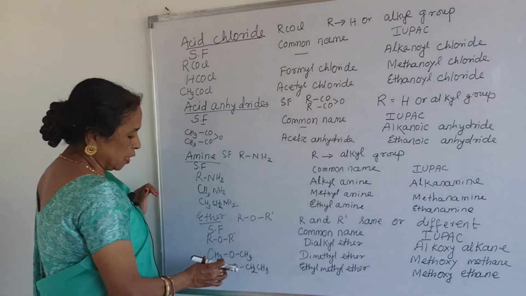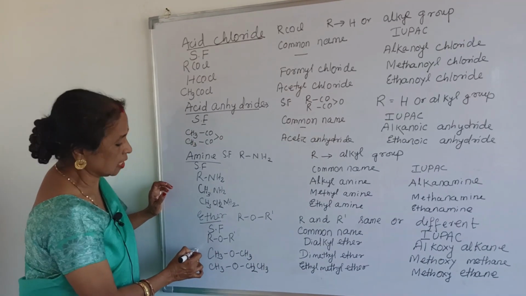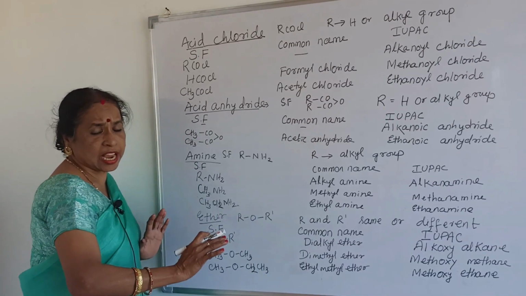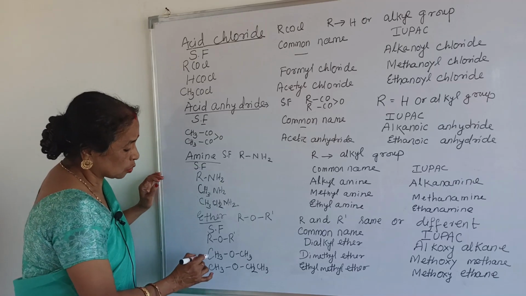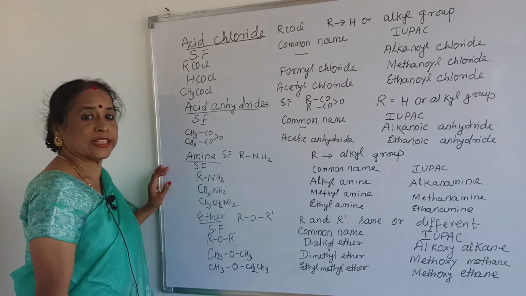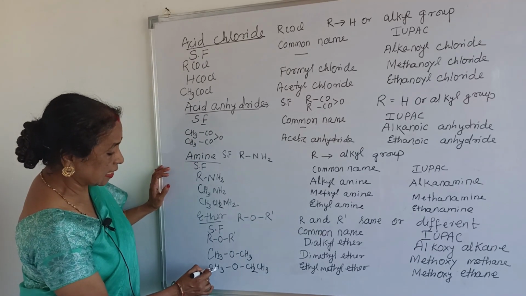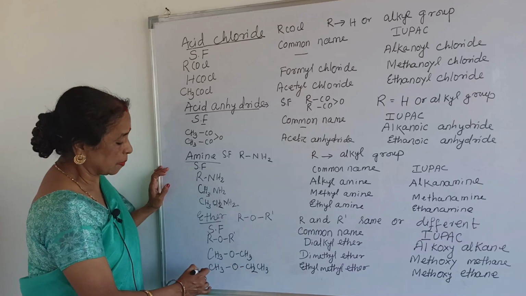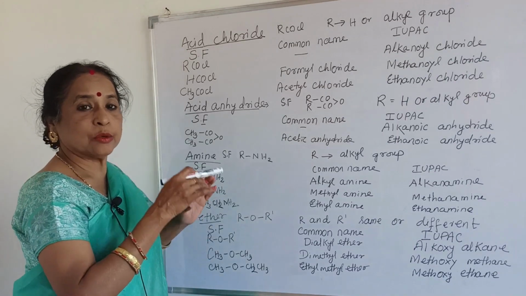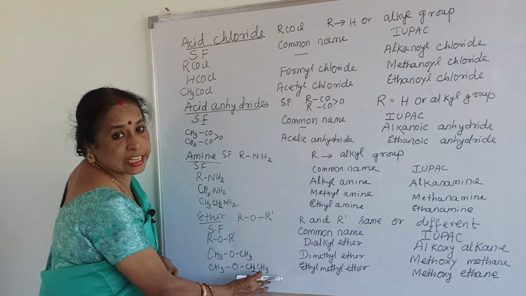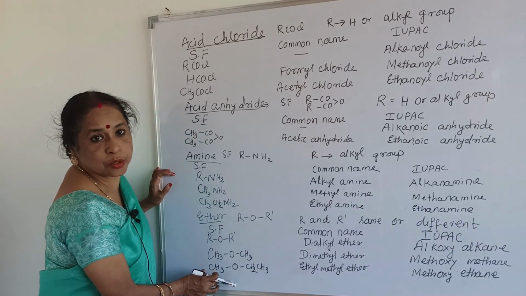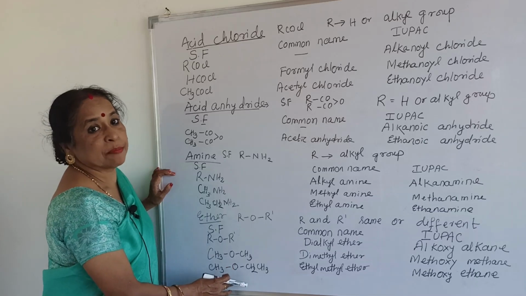And in IUPAC, you can say this part is methoxy, and this is only CH3, so it is methane. Because both sides have the same alkyl group, methyl, it is named methoxymethane. This is the IUPAC name. But when we see CH3OCH2CH3, that means both are not the same. One side is an ethyl group, the other side a methyl group, and the long chain is the side containing the ethyl group,